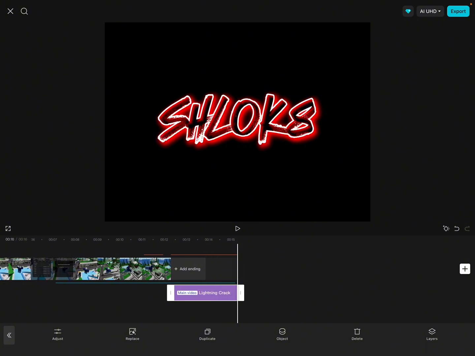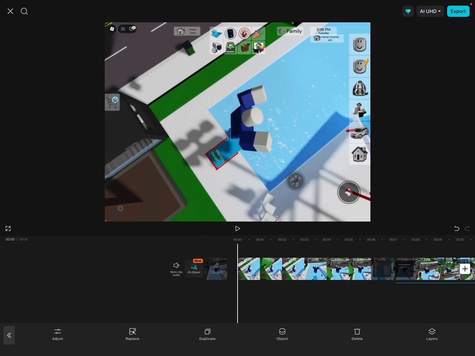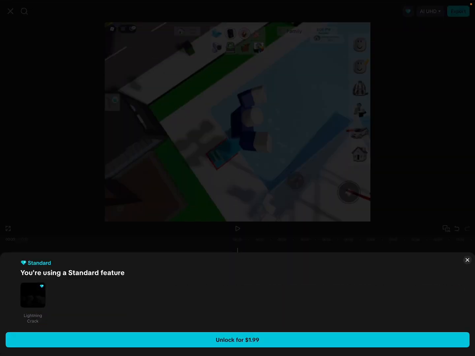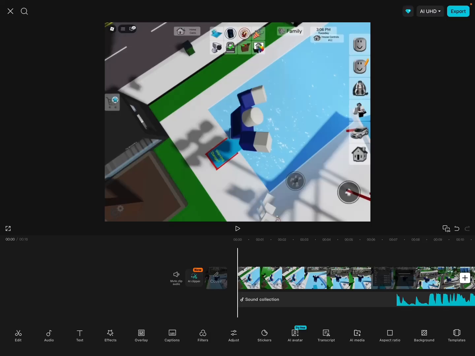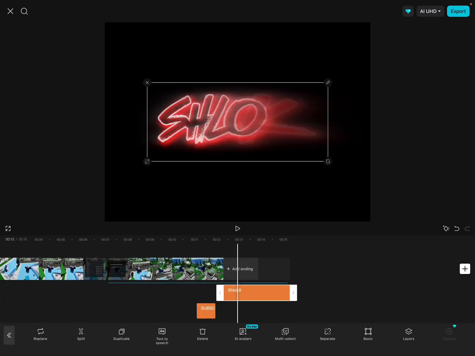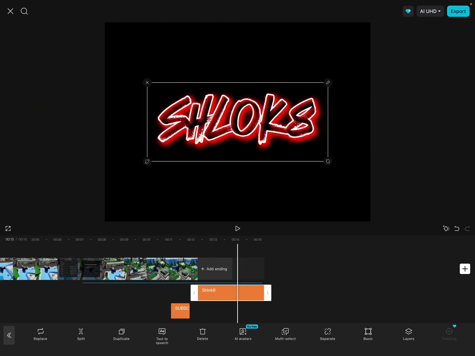That looks really good. Now let's say I'm ready to publish it on YouTube. Then I press export. When I press export, oops, looks like when it says this, it means you're using a standard effect. To remove a standard effect, you gotta click on that effect, and then